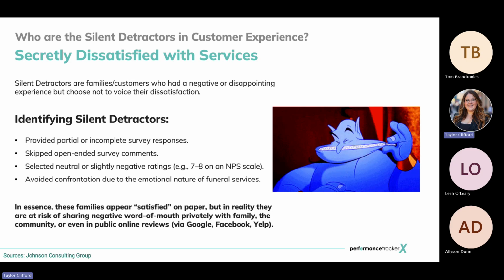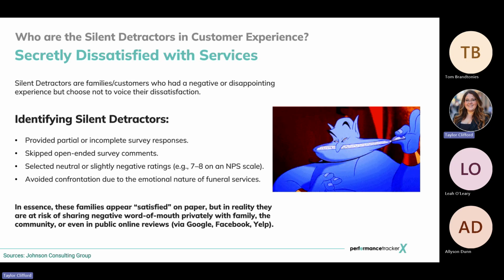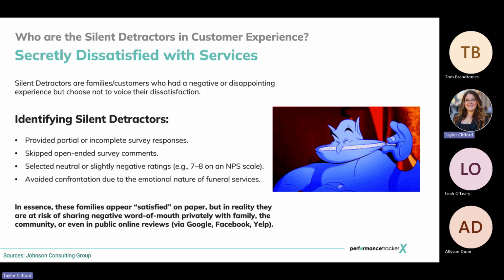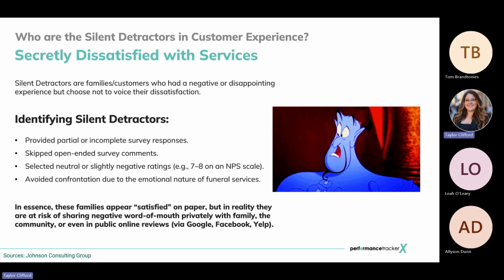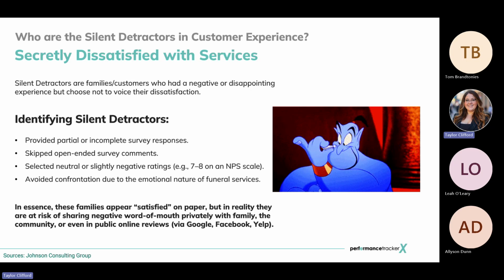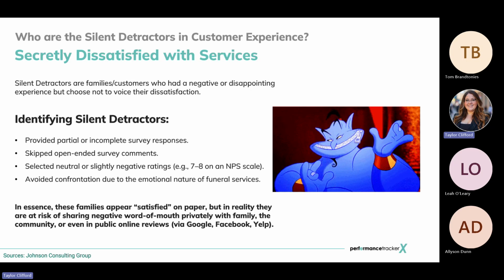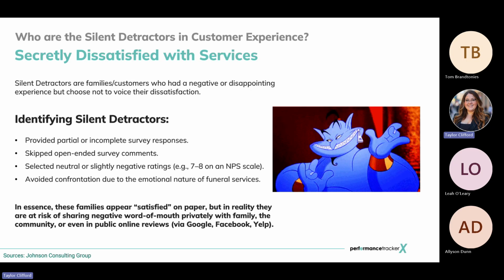I mentioned this already, but just keep in mind that if someone is not naturally a confrontational person, that's definitely going to be even more muted during this emotional state of their life. So even though families are appearing satisfied on paper, or I guess complacent on paper, the reality is that